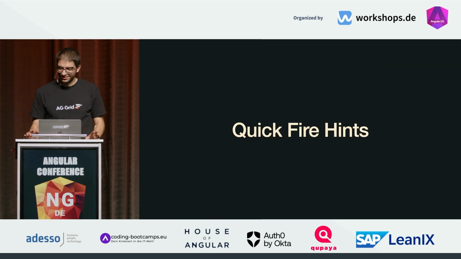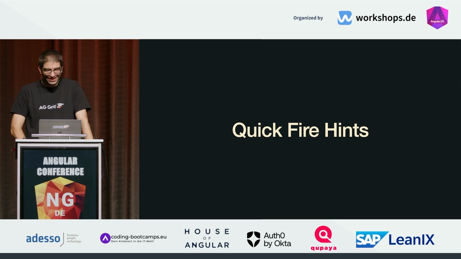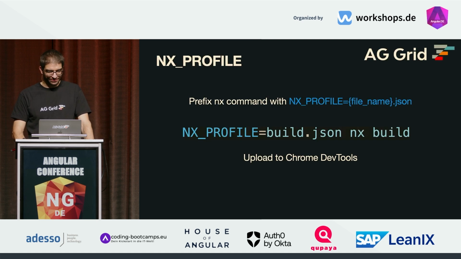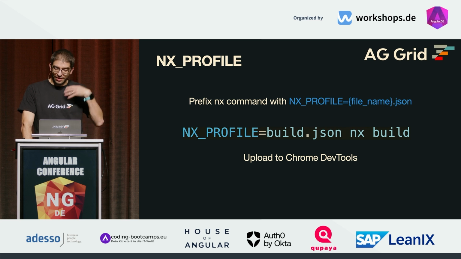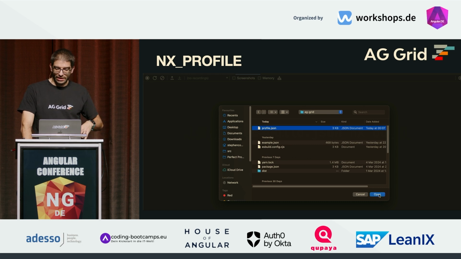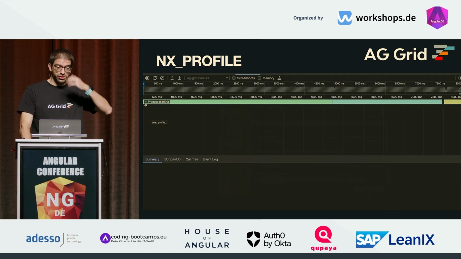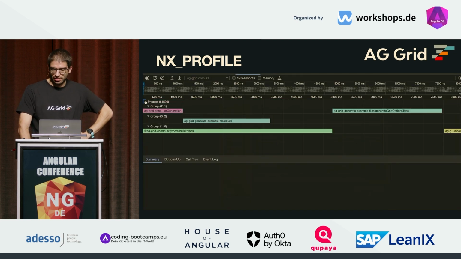And now, in my last bit of time, I just want to give you some quick-fire hints of things I've found useful when profiling. There are probably quite a lot of Nx users in the room, I imagine. If you do use Nx, you can prefix the command with NX_PROFILE, give it a JSON file name, and then run your task. If you take that file and upload it to Chrome, in the same way that I was showing you before, you can now view the tasks and